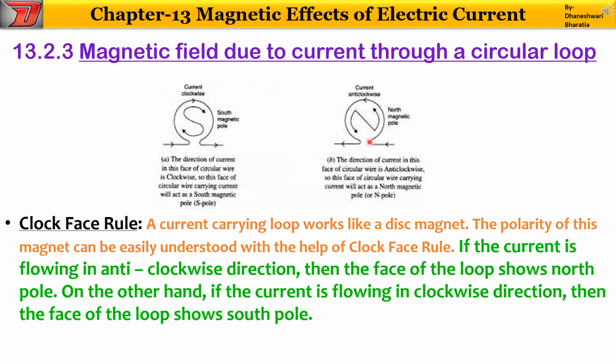If the current is flowing in anti-clockwise direction, the face of the loop shows the north pole, and if the current is flowing in clockwise direction, it will show the south pole. Hope this is clear. This rule you will be learning once again in 11th and 12th standard. Okay,